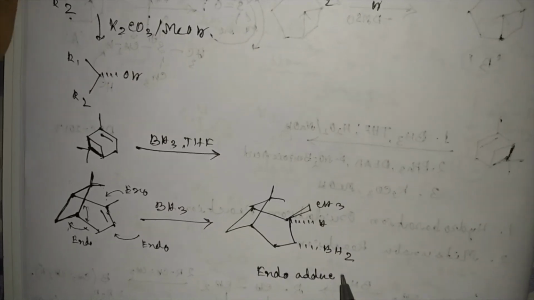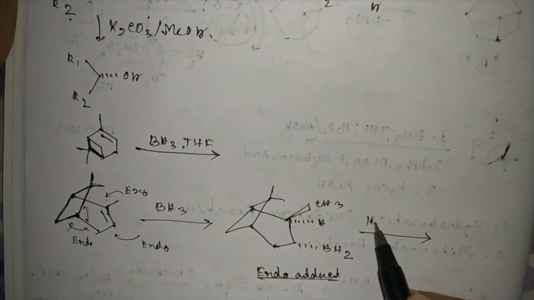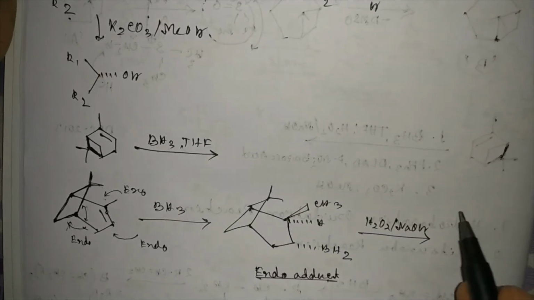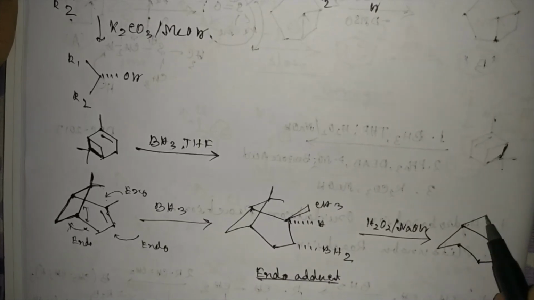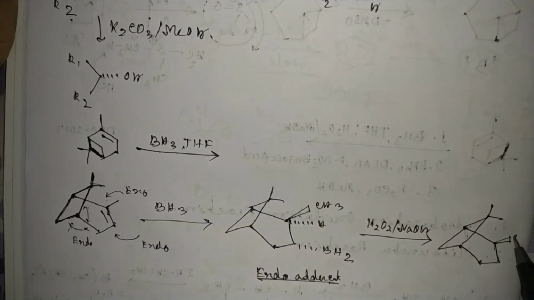So this is the endo product, endo adduct. Now if it is treated with H2O2, NaOH, then BH2 will convert to OH group. So it will be above methyl group